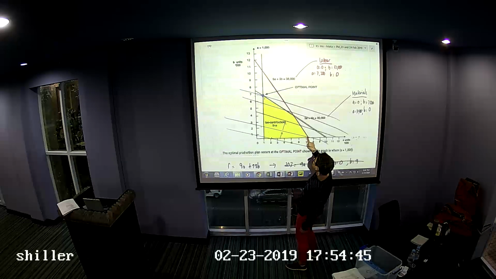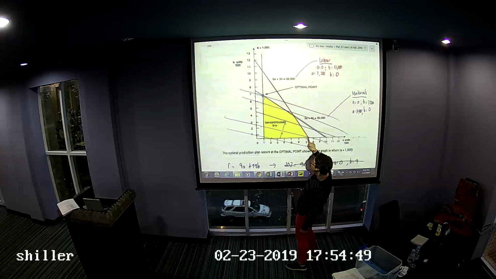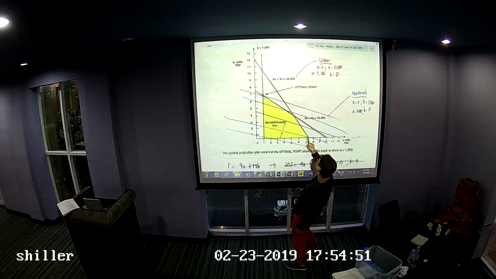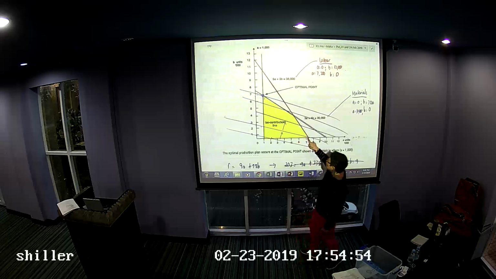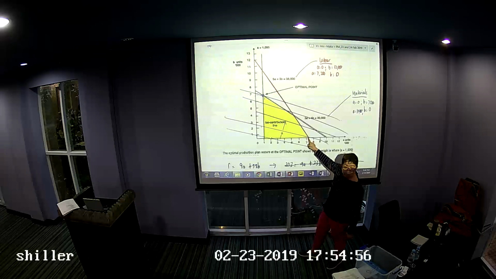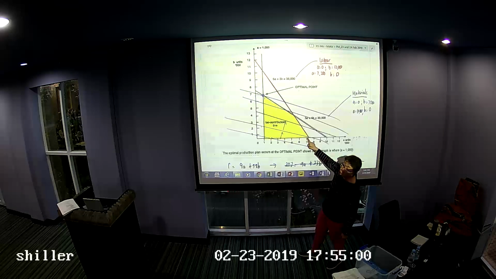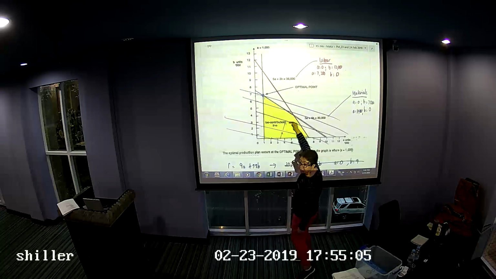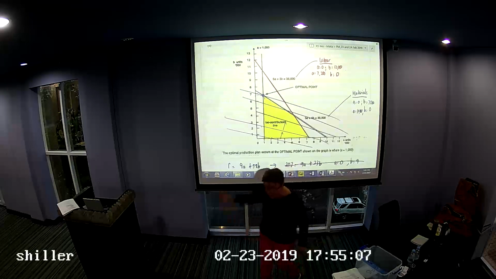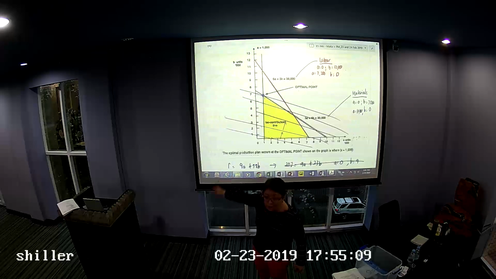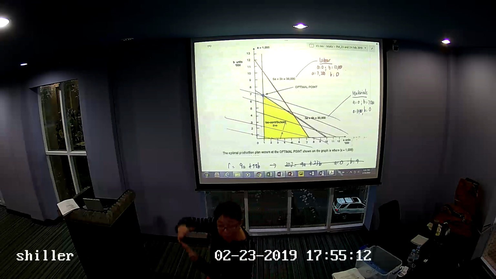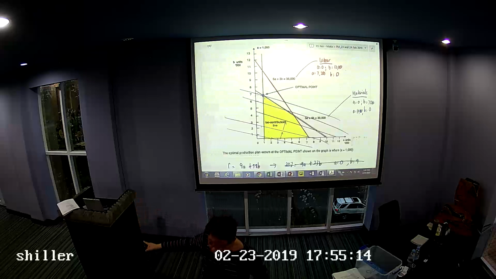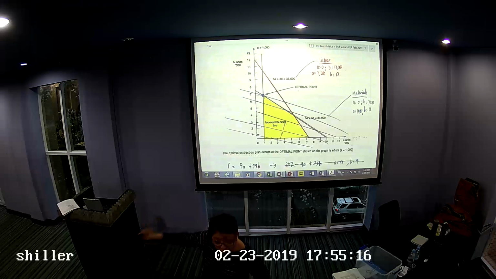Once you find, and sorry, there's one more here. Which two lines? Labor and what? Labor and A would be what? A is 0 and labor cost. You understand? Okay. So if you don't want to use this line, you have to calculate all the possible points. Yes? Which answers your question. Why not the other point? You can use the ISO profit line to determine which point is your maximum, or solve all the connections,